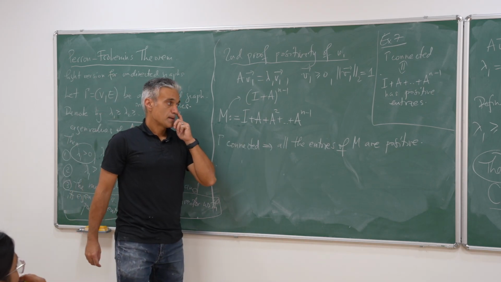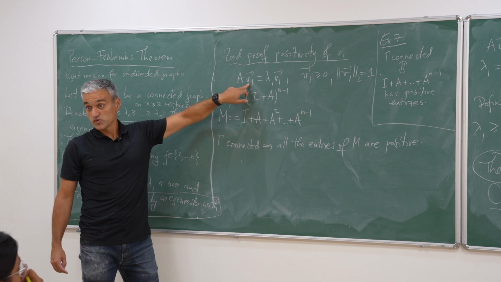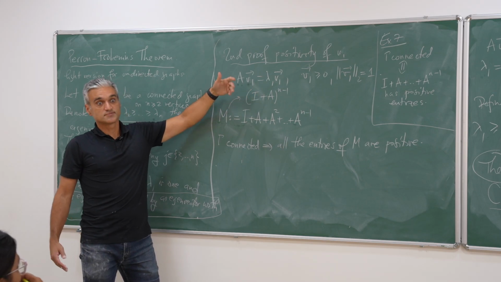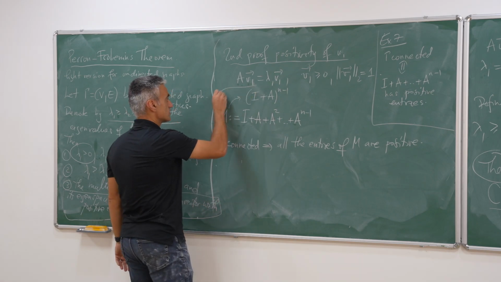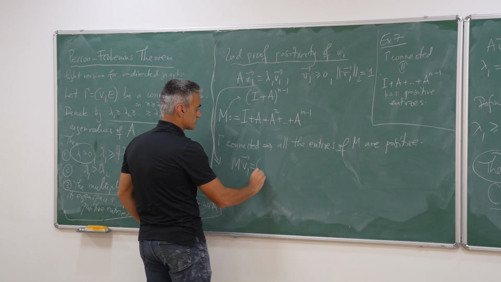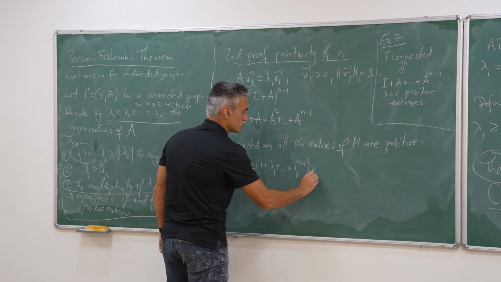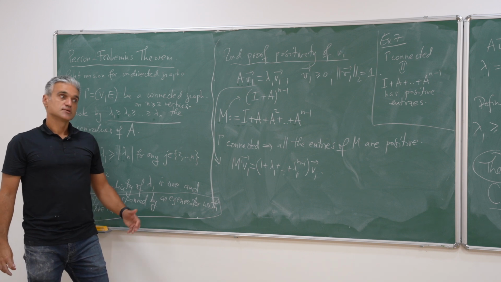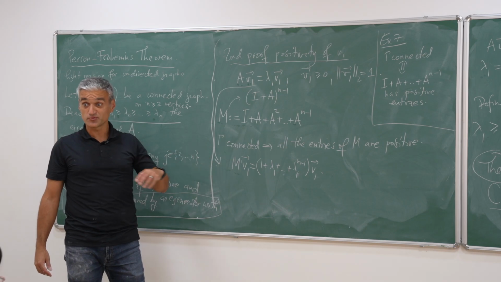Okay, so one thing is the entries of M are positive, but there's something else, because you want to get to V1. So A V1 is lambda 1 V1, so V1 is also an eigenvector for M. So from here, you get M V1 is going to be 1 plus lambda 1 plus up to lambda 1 to the n minus 1, times V1. Okay? So now, from here, you can give another proof that all the entries of V1 are positive,